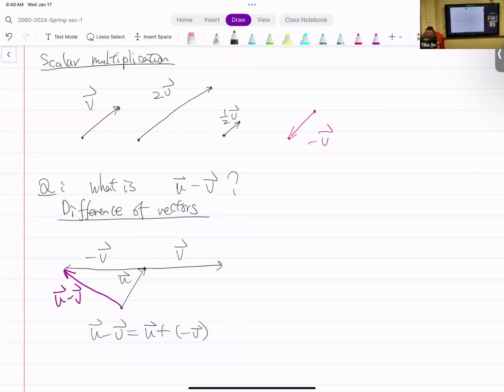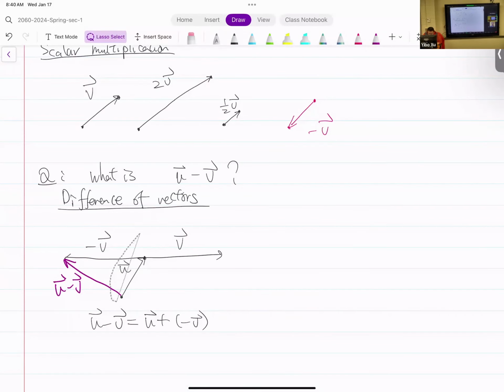And of course, this is a triangle, right? So if you want to do the parallelogram, it's also doable. Let's just copy this part. And if you want to do the parallelogram,